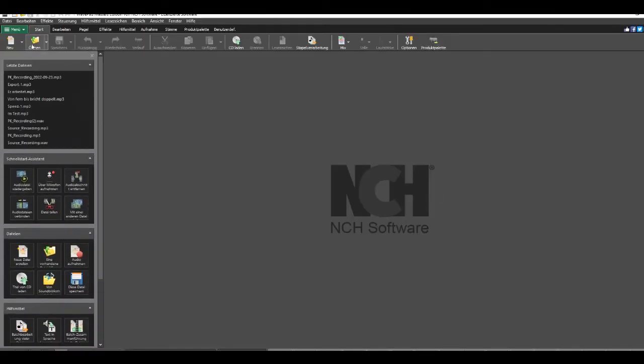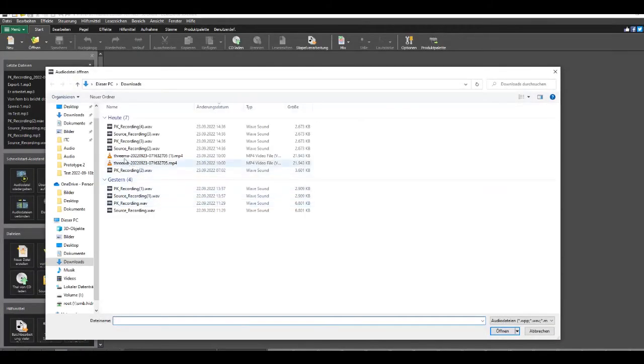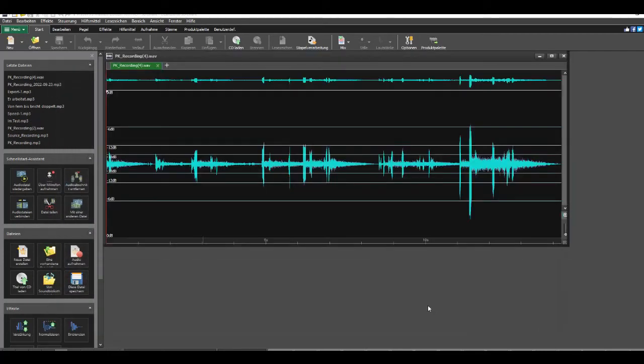Let's start the wave editor and go to the download section. This is the last recording that was saved. In case you have double recording enabled, you always get two files. Source recording is always the source signal, and PK recording is the allegedly affected signal. Now we can load it,